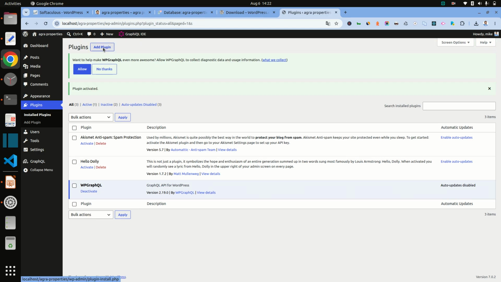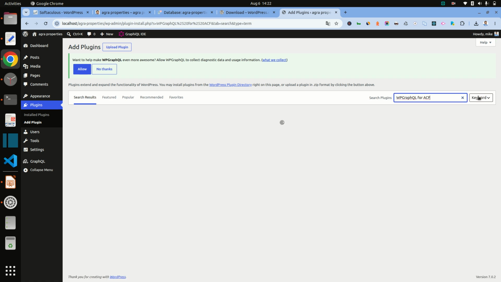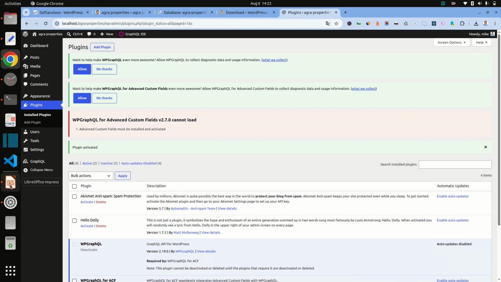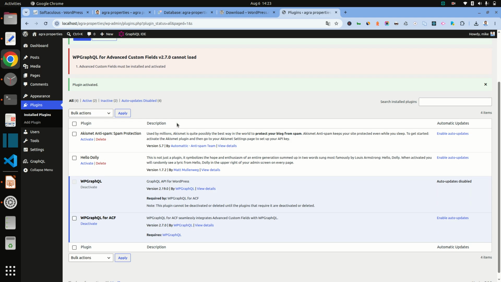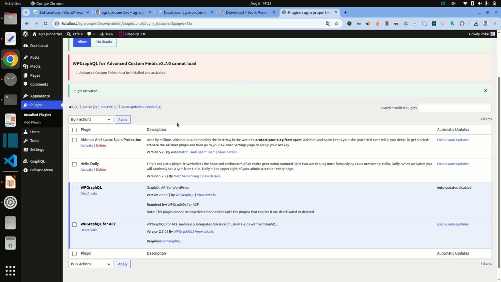Now click on add new. It takes some time, but the Advanced Custom Fields plugin cannot load. Okay, ACF will be there.